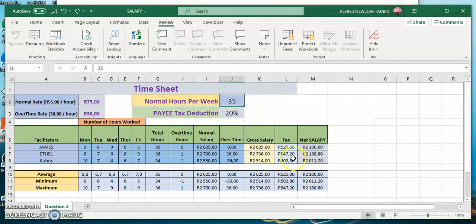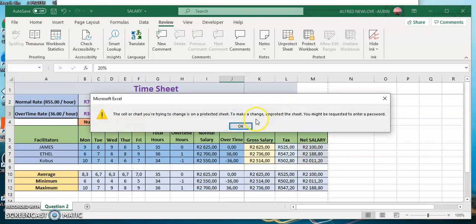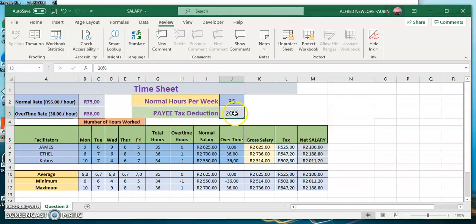It's 35. Our value is this one. Okay, let me just change it to 33. You see that it has also changed. Everything is changed here. So we'll move back to 35. Okay, percentage also. If I change this one to, let's say, 12%. Okay, the percentage I've already